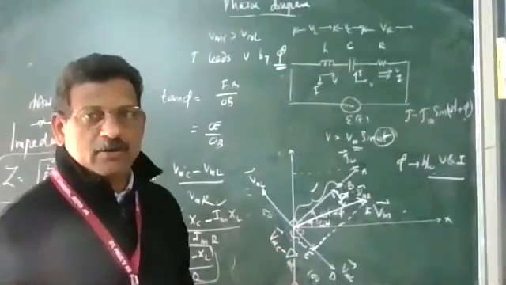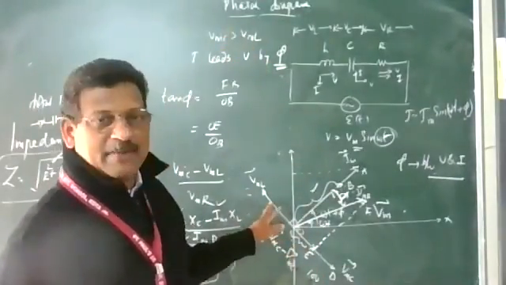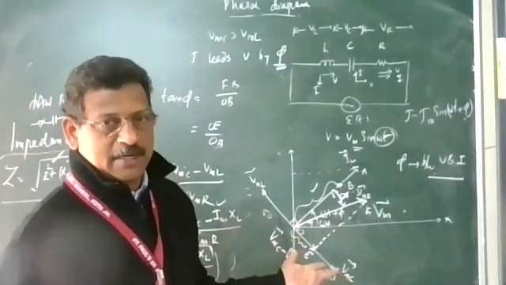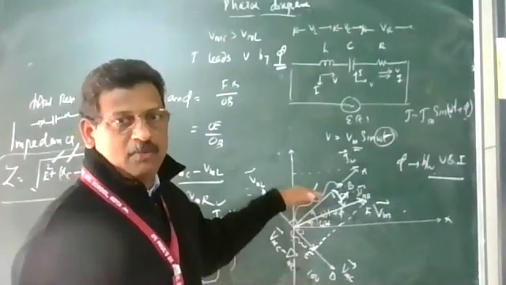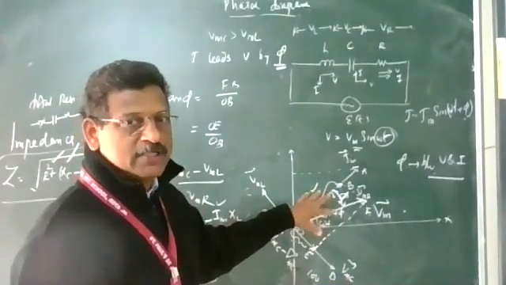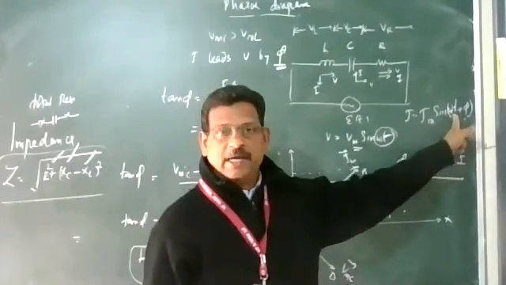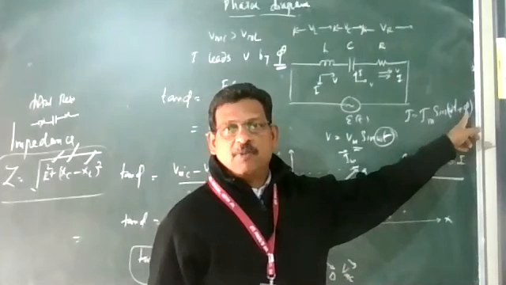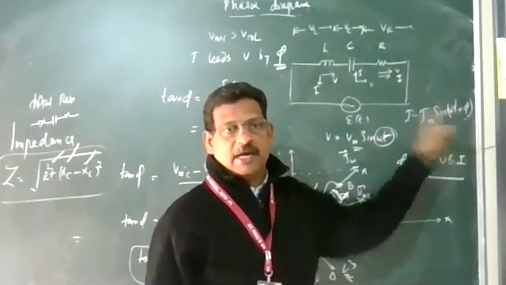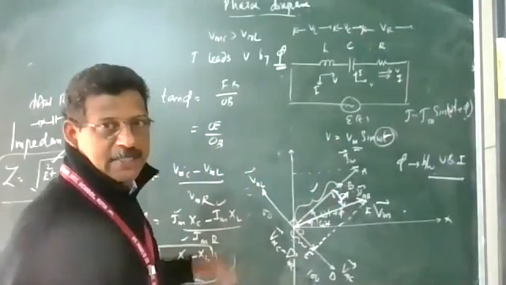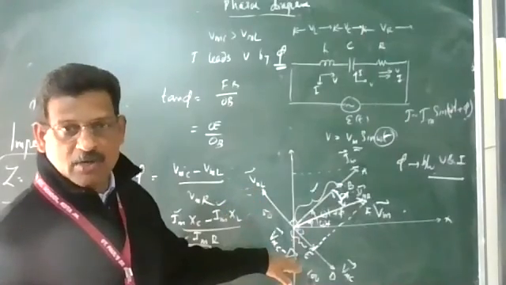Second case, if you want, you can go through it yourself. When inductor voltage is greater than capacitor voltage, then voltage will be leading and current will be lagging. So if it is inductor dominated, current will lag. In that case, the equation will be omega t minus phi. There will be no other change; omega t minus phi will be there, and all other formats will be exactly the same. Third, when both voltages are equal, inductor voltage equal to capacitor voltage,